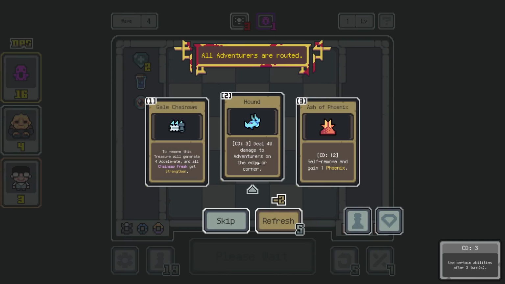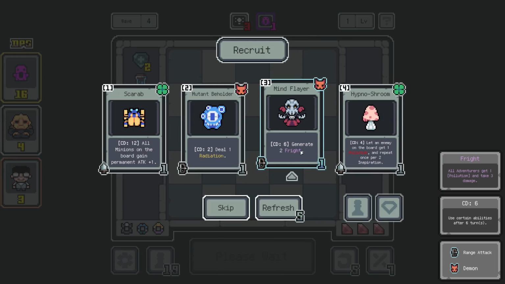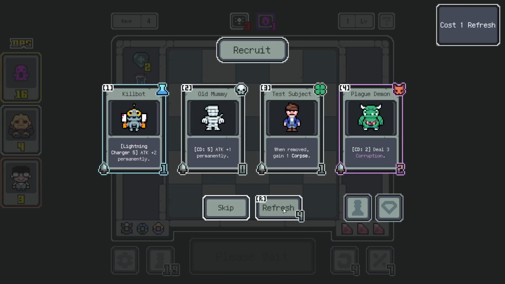Wait, every 3 turns, do 40 damage to adventurers on the edge or the corner. I gotta tell you, I'll take it over random at this point. Every 6 turns, generate 2 fright, which is a stack of something, which is nice. That does help out our other damage, but I am...